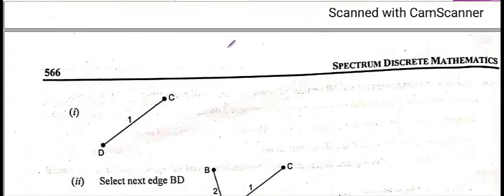So what is the next? Because if you take this edge, then a cycle will be completed. So you cannot take this one. Okay, you are already at B, so you can take this one, because A will be completed and you must visit this vertex also. So you will select A. Correct.